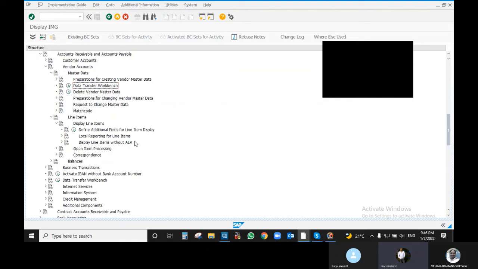These are only for information. I think you remember people currently use the FBL1N report, the vendor line item report. In the FBL1N report, if you want to add any fields, you can add them using this first option: define additional fields in the line item display. If the system permits, we can add it. Otherwise,